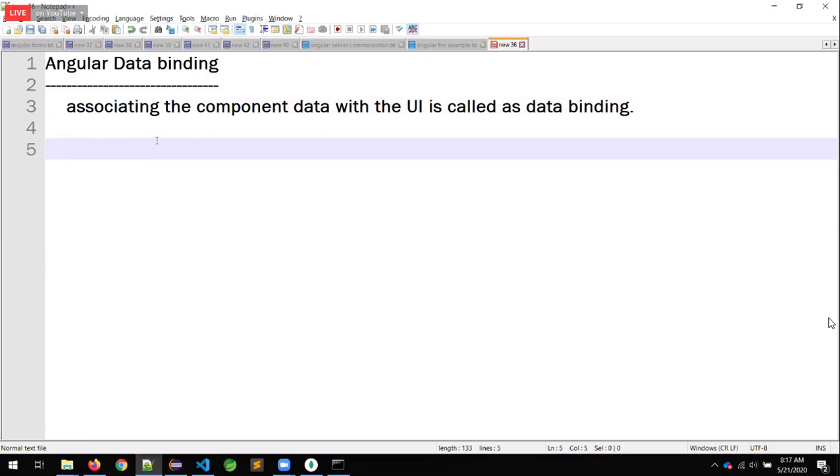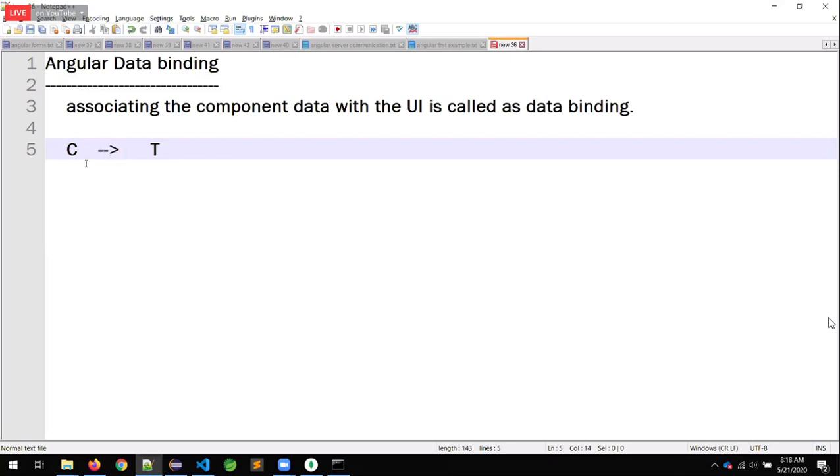Sir, what are we associating and what steps do I need to follow? Very simple. Observe, the component is there as well as the template is there. So today's class is about this process.